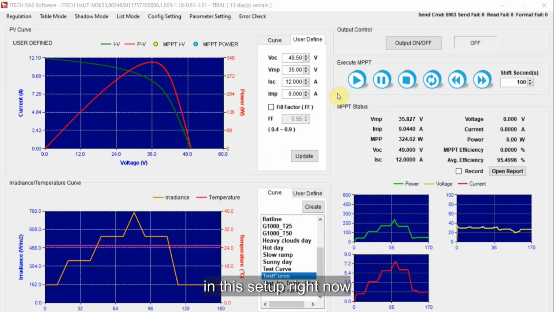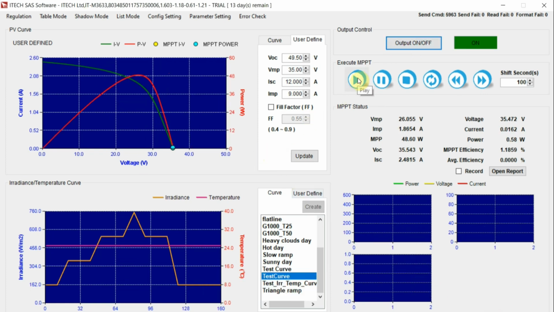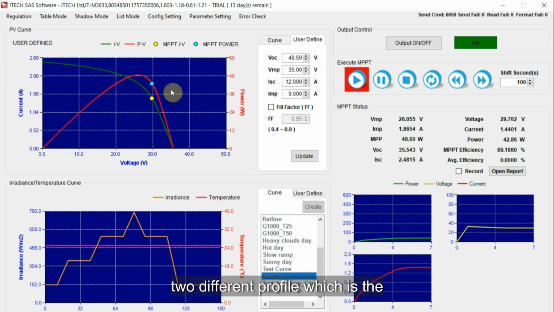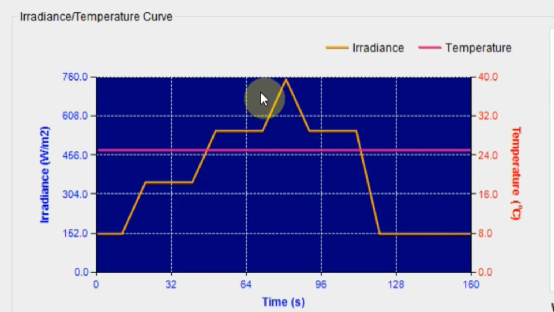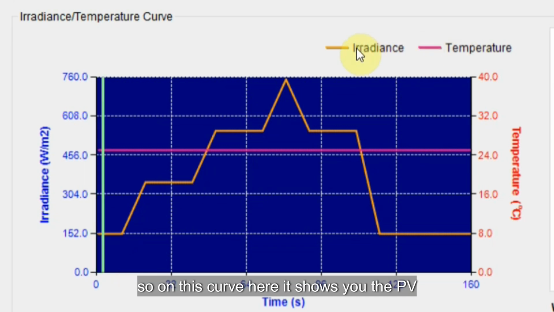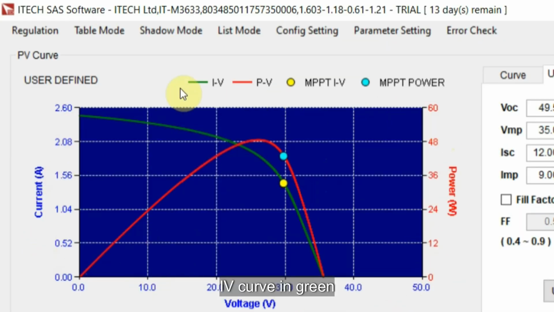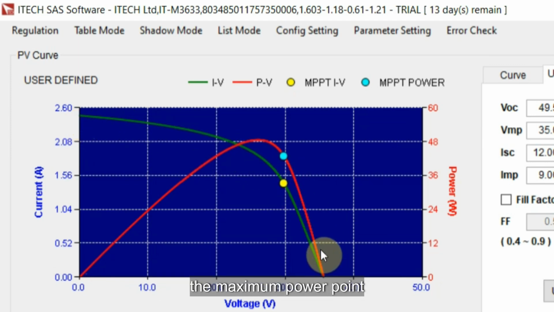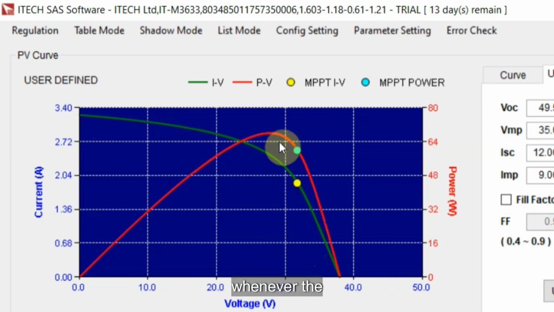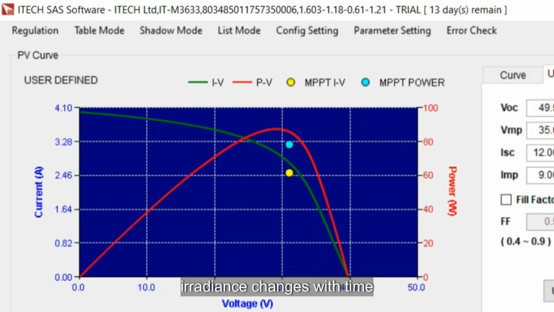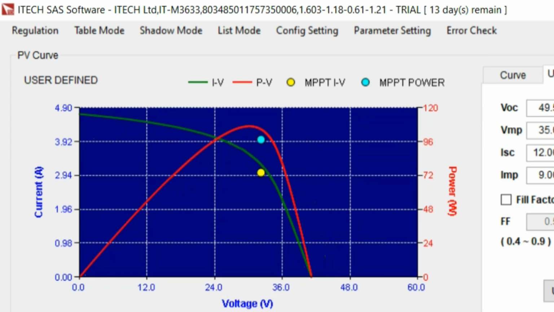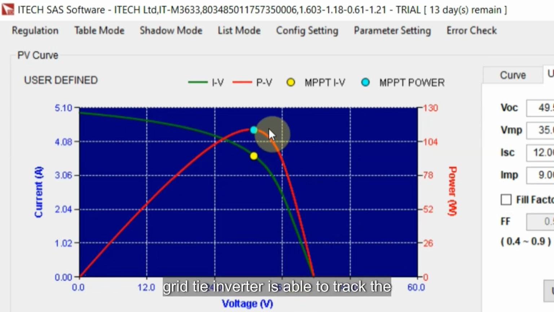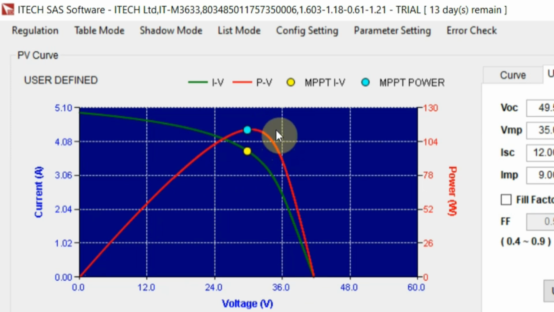In this setup right now, I am testing the MPPT efficiency of the grid tie inverter across two different profiles, which is the temperature and the irradiance. So on this curve here, it shows you the PV curve in red as well as the IV curve in green. A good grid tie inverter should be able to track the maximum power point whenever the irradiance changes with time. So this will show you whether the grid tie inverter is able to track the maximum power